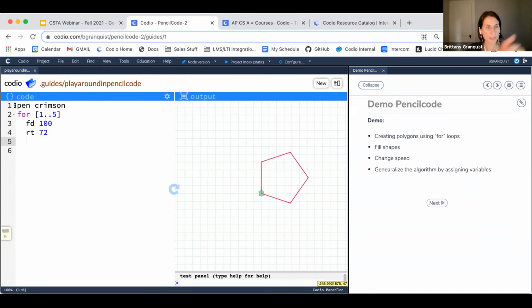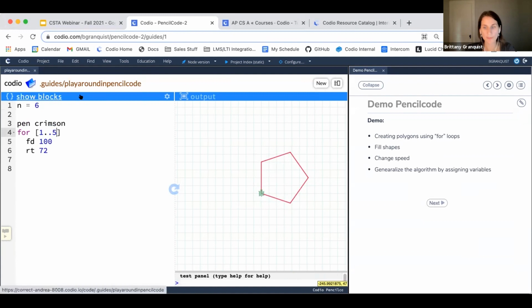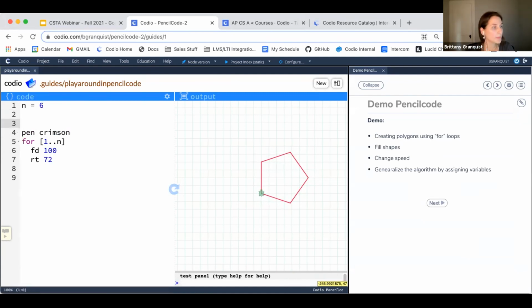Right. So in introducing variables, the helpfulness of variables, for example, you could say, okay, we're going to have n be 6 this time. So I'm going to swap out 5 for n. And then I'm going to set another variable that could be the color of our pen. So let's make it blue this time, right? The pen will be c this time. And then I can speed it up so that we can try different things and not have to wait for the turtle to move so slowly.